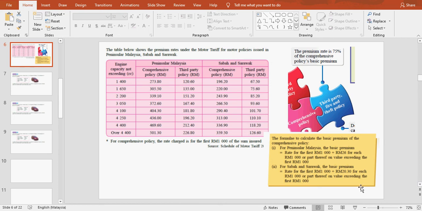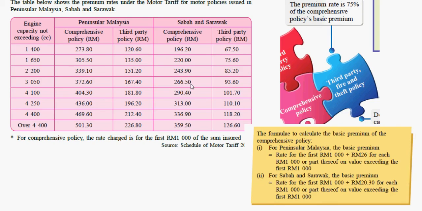Okay, this slide shows the table for the premium rates under motor tariff for motor policies issued in Peninsular Malaysia, Sabah and Sarawak. You can see that the rate depends on the engine capacity, depends on the types of policy, and